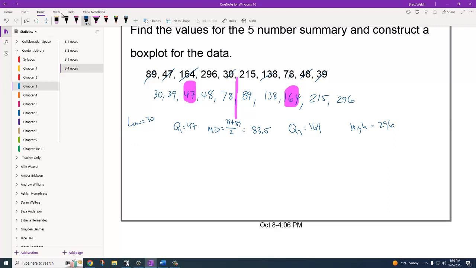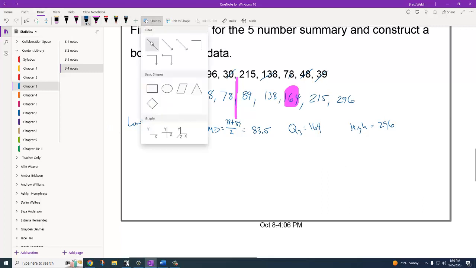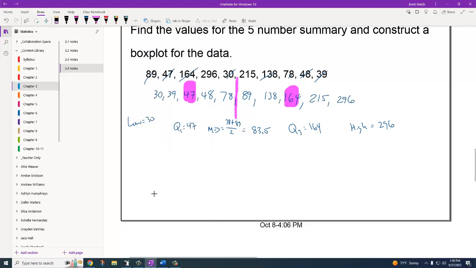To build the actual box and whisker plot, I'm going to start with a nice x-axis to go off of. And it's going to be something I'm going to scale to fit the data. Now you might be tempted to say, oh, I don't want to draw a bunch of marks, but get over it. You need to draw a bunch of marks. So I'm going to start with probably 0, and I might go